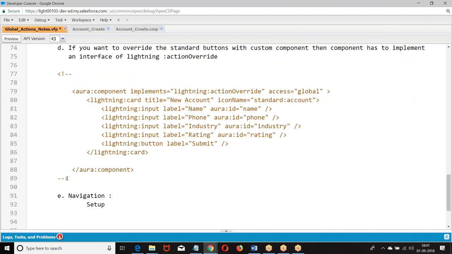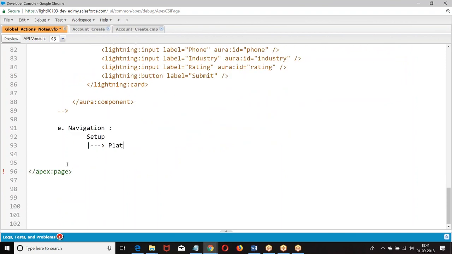Setup. Object manager. Choose the specific object.